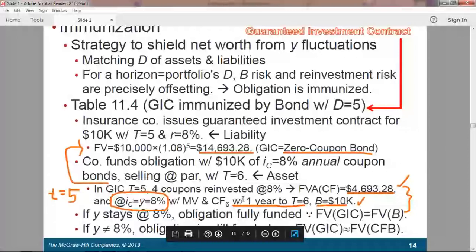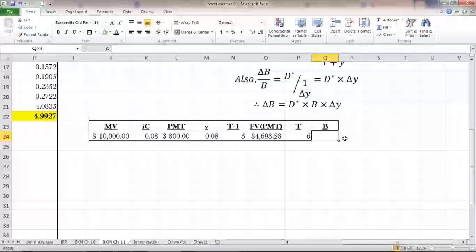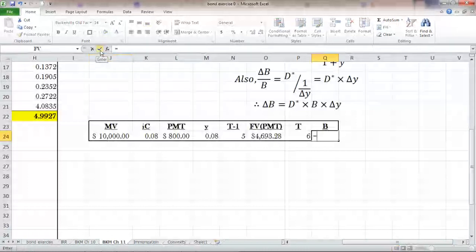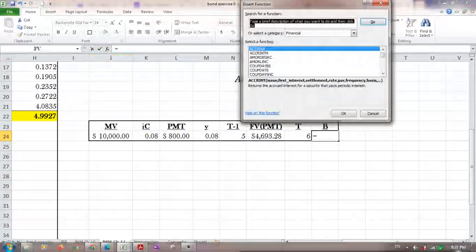With 1 year left to maturity of 6 years, the price of the bond must be exactly 10K. Yes, I can show you. The bond price must be exactly that at year 6, right? Again, I'm going to have to find the price. But we don't have much time, so I'm going to rather show you